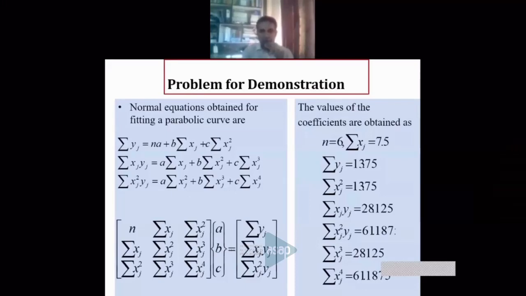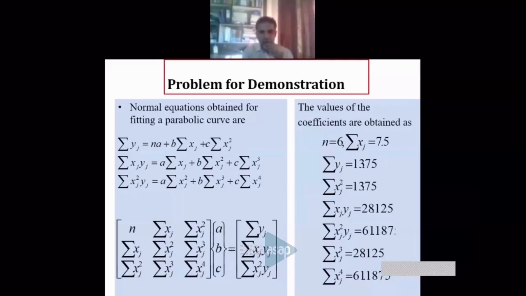So now these are the data which we have already estimated, the set of equations which are already there. Now let me look at this. We are converting this into a matrix form. Matrix form means A, B, and C are the unknowns. You look at this: you multiply this matrix, n into A, plus B into sigma xj, plus C into sigma xj squared,